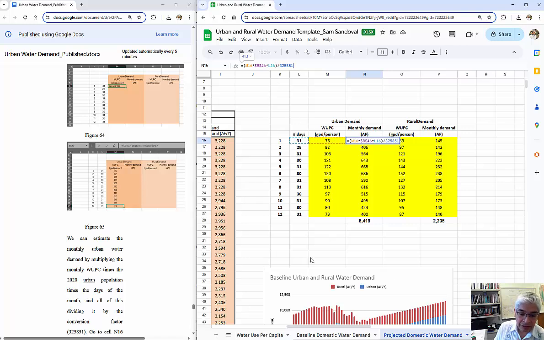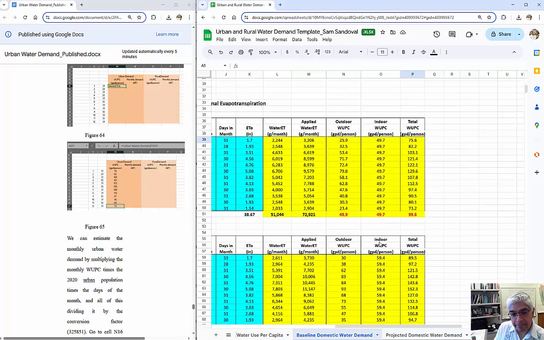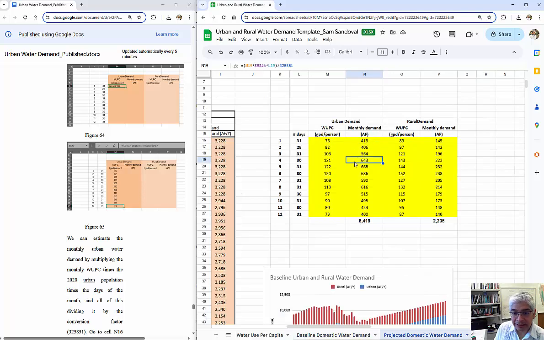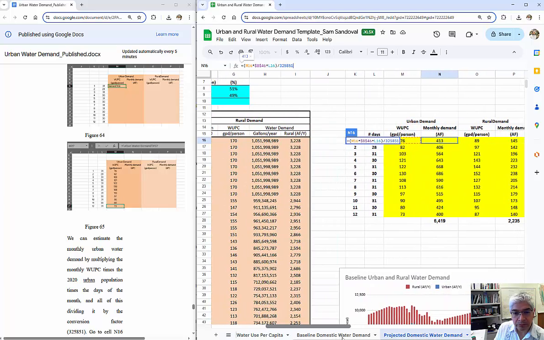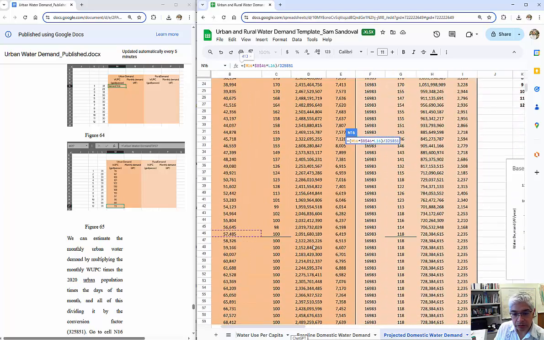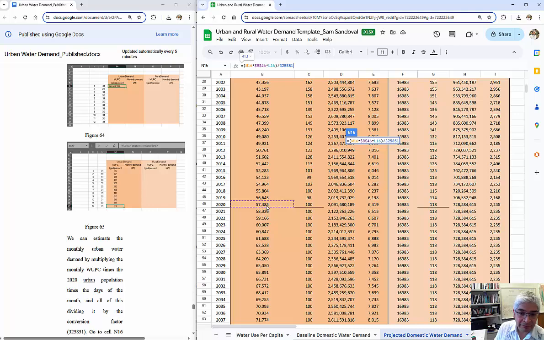So remember that we calculated this one back then here. So these are the total water use. We wanted now to calculate it in acre feet per year, right? Excuse me, just in acre feet. So it will be multiplying this value times the number, so the water use per capita times the number of days, M16, times, give me a second, this value, which is basically, in this case, the annual demand for